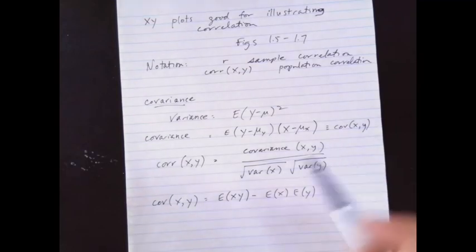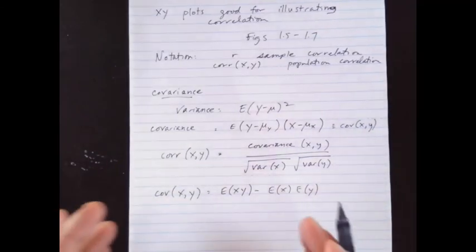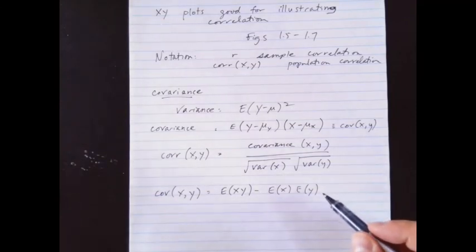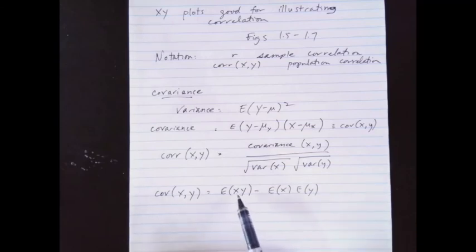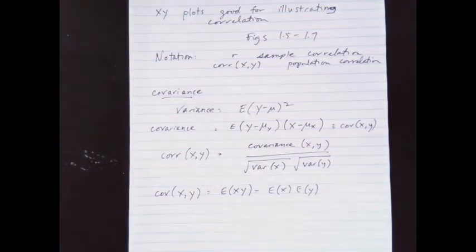So this holds true, and it's one of the little formulas that doesn't mean a whole lot. You can get through life without it, but it's handy to have on the shelf somewhere, because the day will come when it will be useful to know that you can decompose a covariance term into these two expected value terms. All right, so that's a quick tour of a lot of statistical concepts that you have learned already,